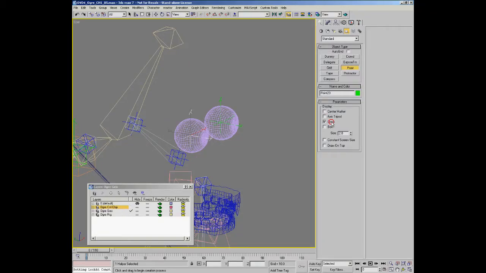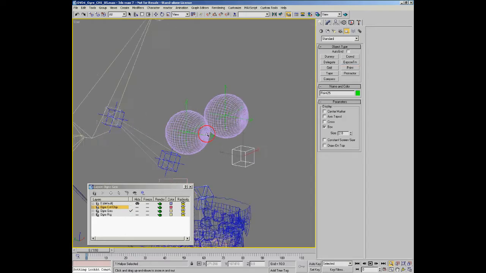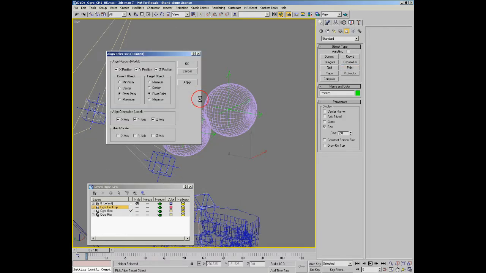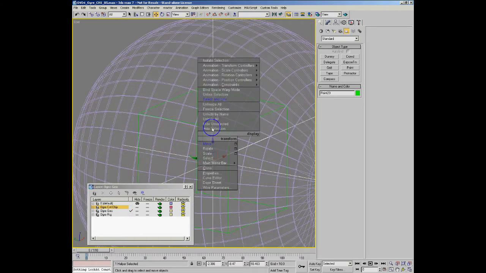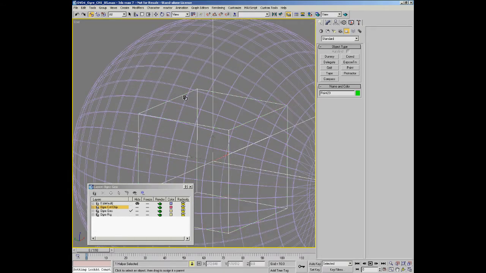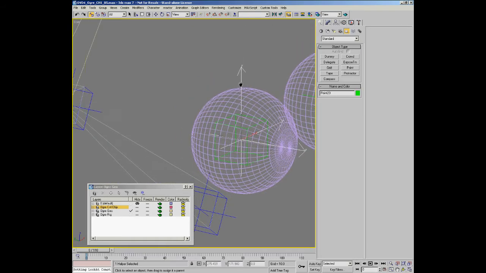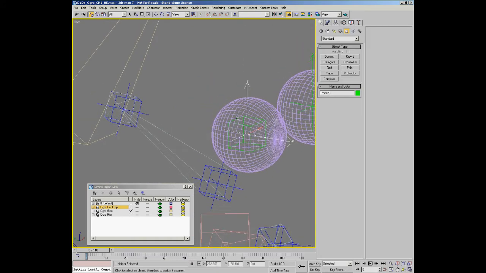Point helper, and this time I'm just going to leave it as a box. Parent the targeted point helper, then parent this one to that,